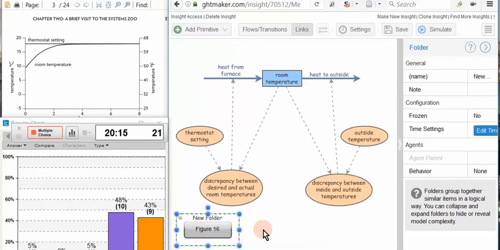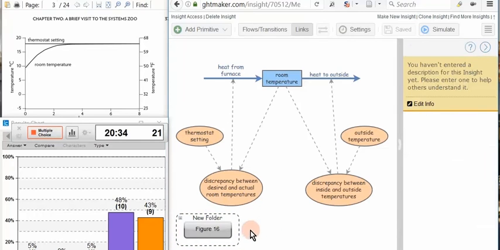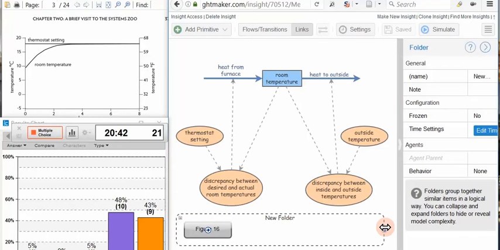let's put all of that in a folder. So that's add primitive, make folder, which will only be available to you if you already have a primitive selected. So I had the button selected, and then I chose make folder, and then it put that button inside a new folder. And I picture having more buttons around there, so I'm going to make the folder a little bit bigger, and hopefully I'll have time to create a few more buttons beside it. The folder itself, let's call it scenarios, so it's clear what it does. Okay,